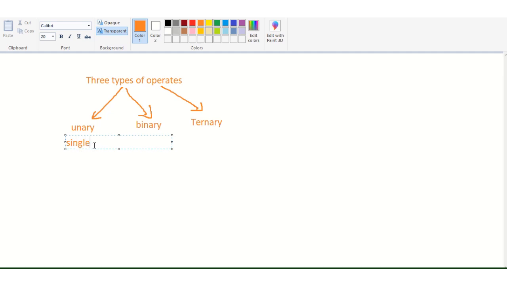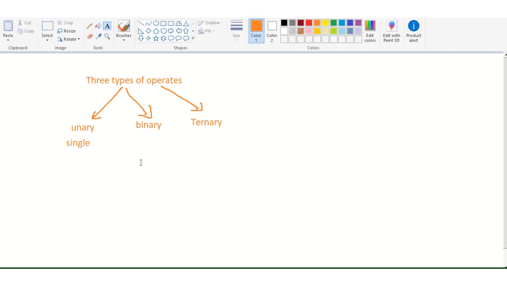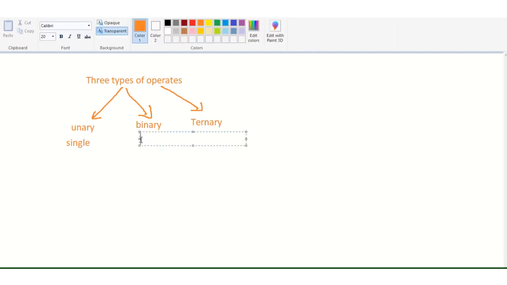Same as binary: bi means 2, and they operate on two operands or values or variables or expressions.